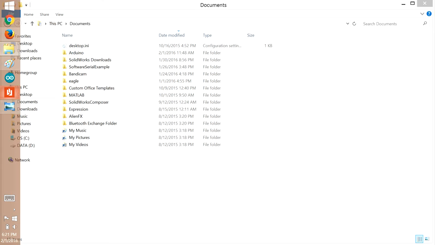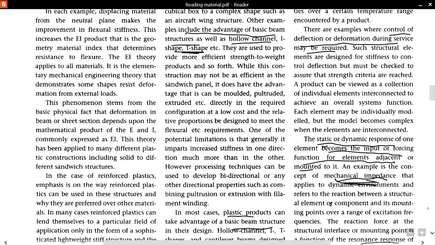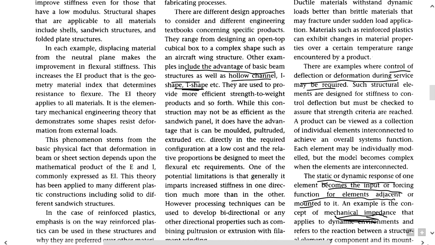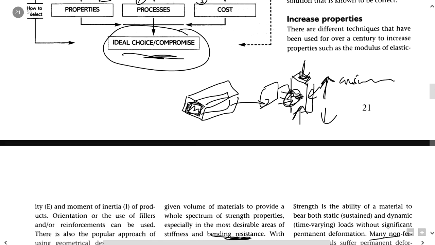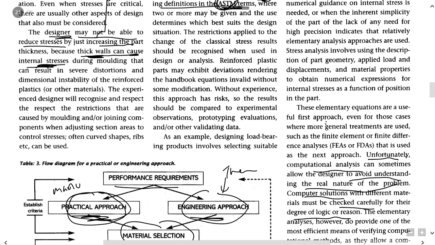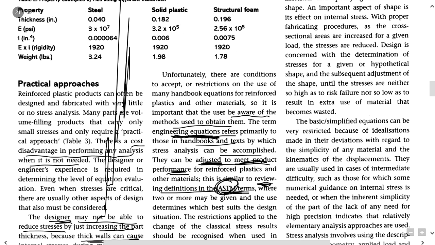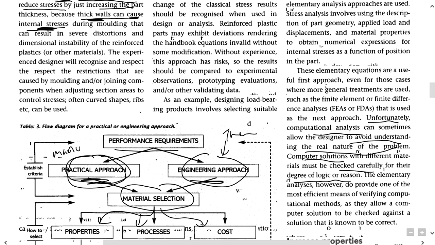And what type of stuff do I need? You also have to take note of the temperature range for your product. What type of temperature range can it encounter? Like if you're designing a building for Singapore, you don't design for snowing, right? Because there's no snow. And unfortunately, computational analysis, normally we use ANSYS wherever is good,